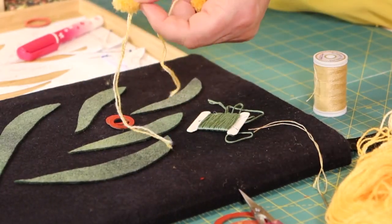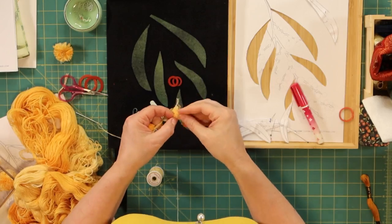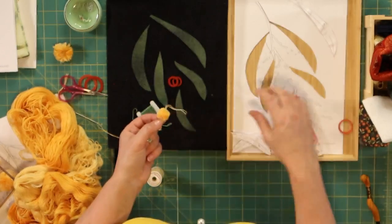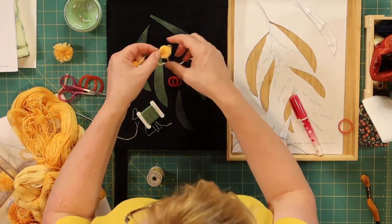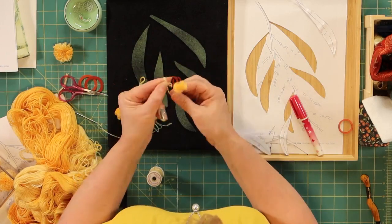So I'm going to keep making some of these up in this smaller size, and you can see where all of the little circles are on the design. Because of the way I'm doing these, I probably won't have as many because they're slightly bigger. And see, I've left ends on these so I can sew them through. So if I just curl this up,